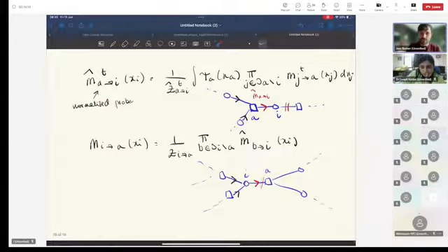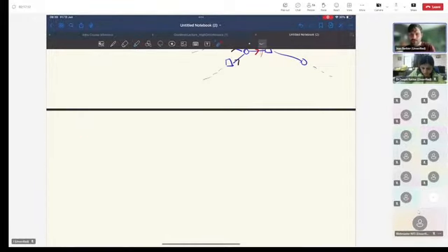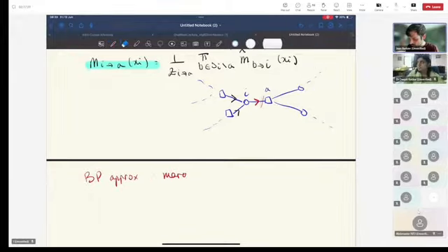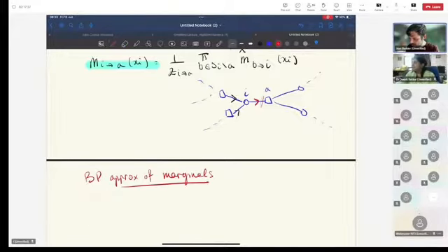Okay, perfect. So these are the two types of messages, and why is this a natural algorithm? So these are, again, the factor to node and node to factor messages. One thing I want to add is that once you have all these messages, let's say at convergence, the BP approximation to the marginals is given by